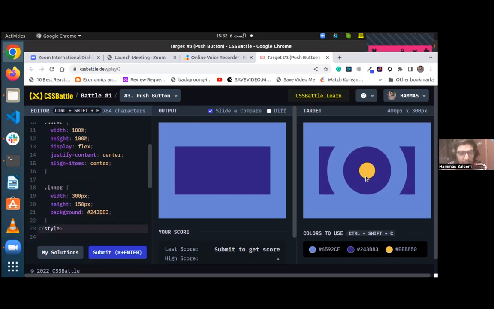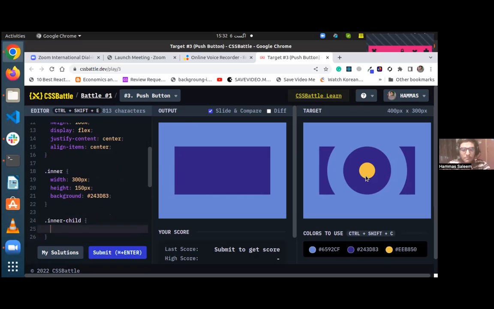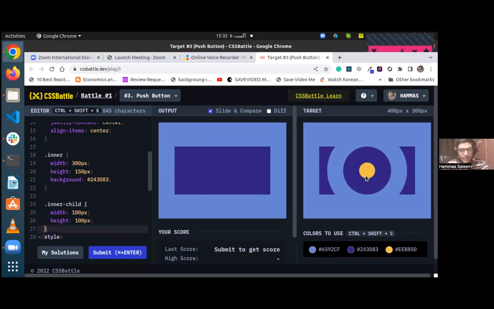It will be bigger than the parent container. So let's see. This is the inner child. It is going to have a background color. Let's see first its width. So width should be 100 pixels just for the checkup, and height would be 100 pixels. Okay, so this is going to be the height and the width, and we can give it a background color. Okay, so this is going to be this, and we can also make it